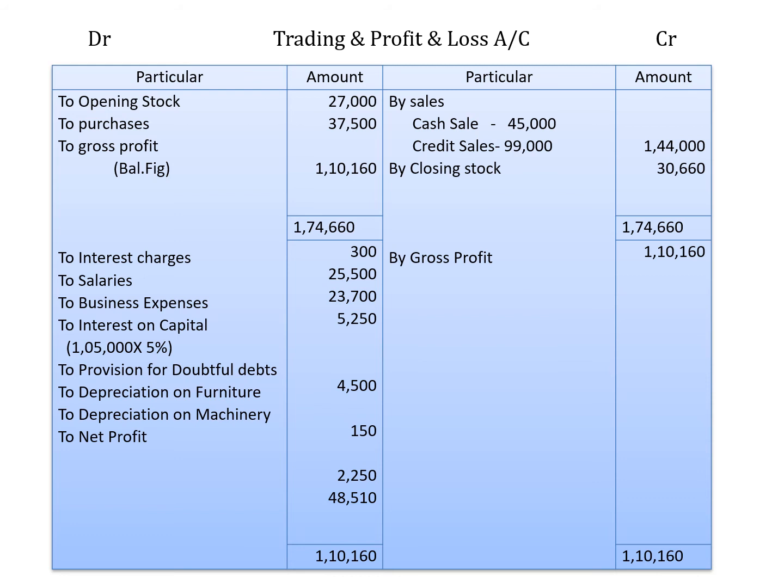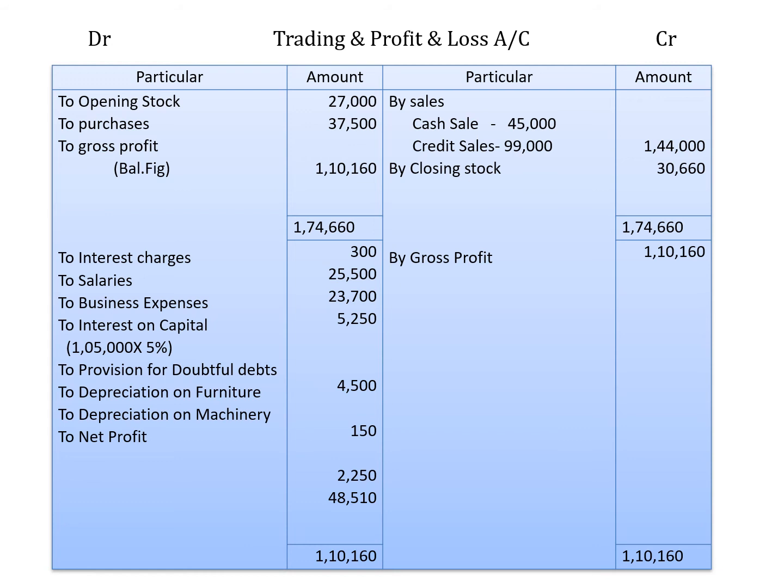Next item is purchases. So we have seen the adjustments. To purchases we should take cash purchases if given plus credit purchases whatever we find out in the creditors account. From this you deduct the returns, purchase returns and any drawings towards goods. But in this question we are not given any cash purchases. So we have found out 37,500 as the credit purchases in the creditors account. So second item that we record in the trading account is to purchases 37,500.